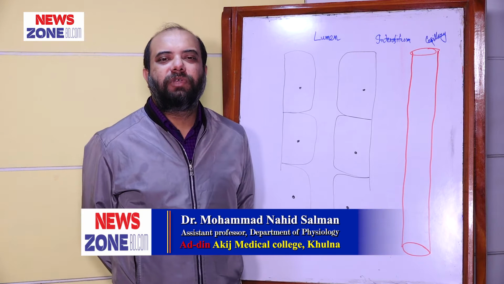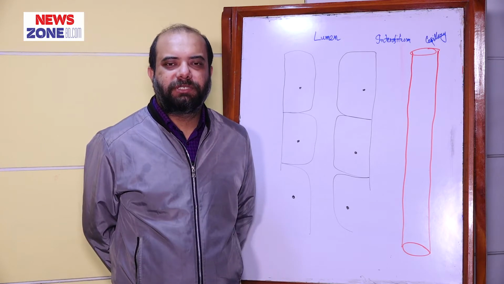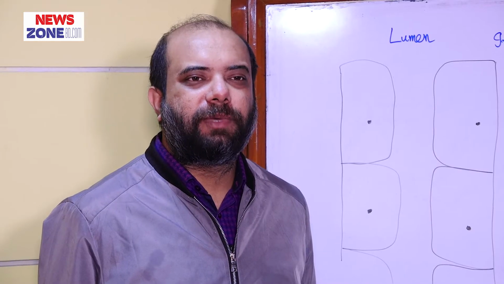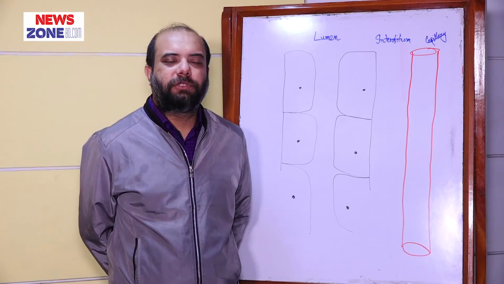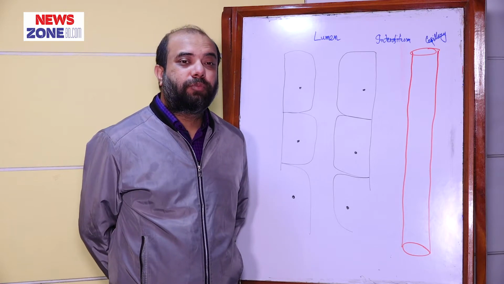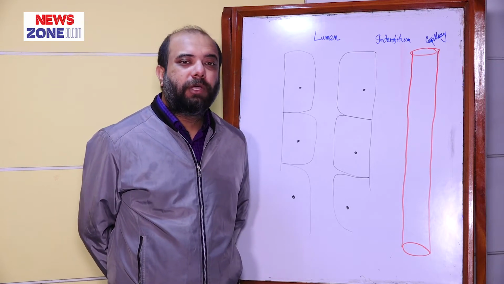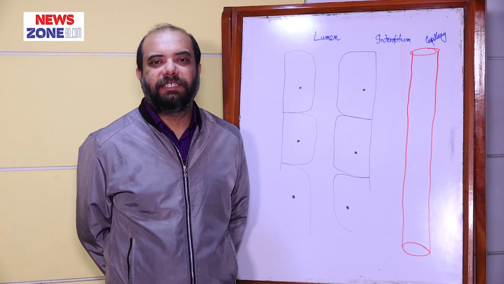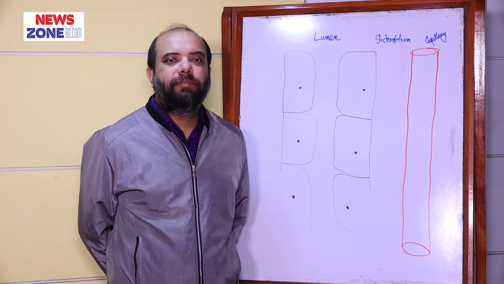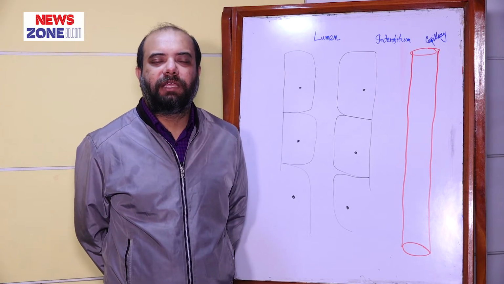In our previous class, we learned about the transportation processes of sodium ion from the proximal convoluted tubules. We learned about the transportation of sodium from the tubular lumen into the tubular epithelial cell, and then from the tubular epithelial cell into the interstitium, and then from the interstitium into the peritubular capillaries. Before discussing it elaborately, we will repeat the information from our previous classes.